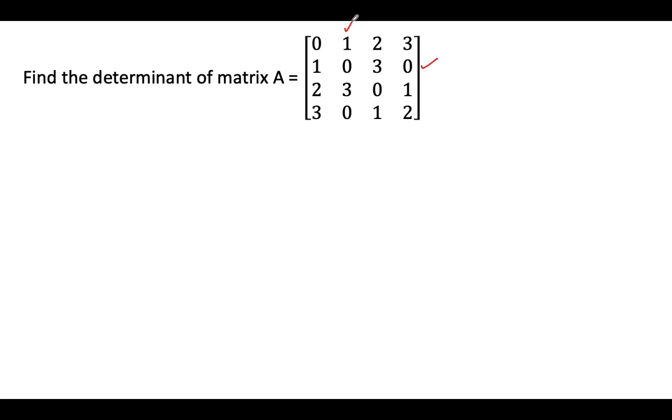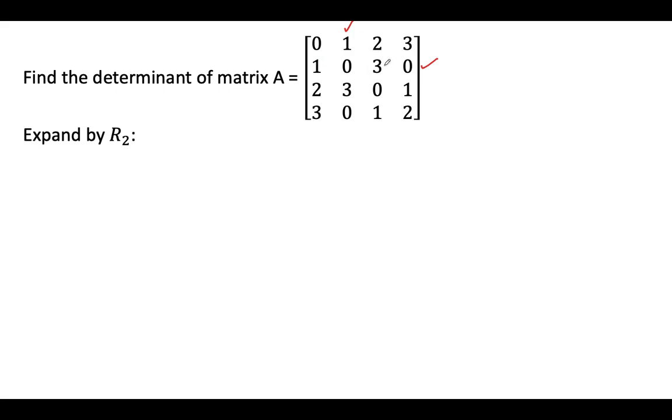But you can also verify the result by expanding the determinant by choosing any other row or column of your choice. For simplicity, we will use either the second row or the second column because this has 2 zeros, isn't it? So let me say I want to expand by R2. Now what are the elements in R2? 1, 0, 3, 0. So by Laplace's expansion, it must be 1 into cofactor of 1 plus 0 plus